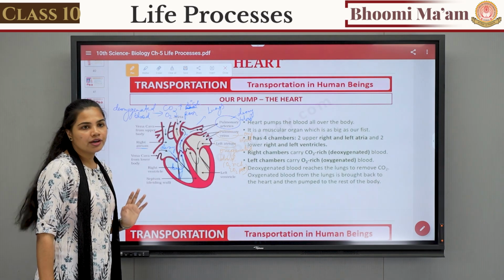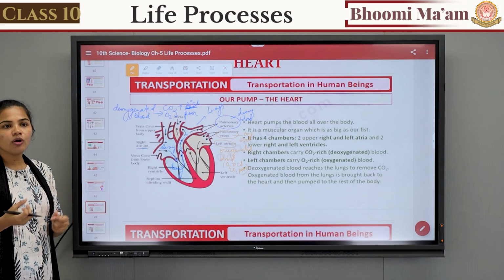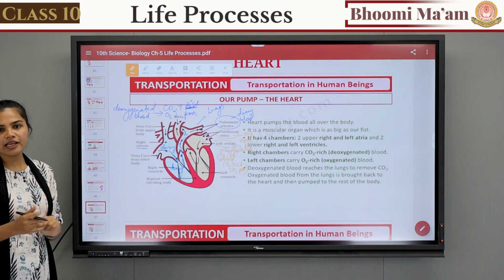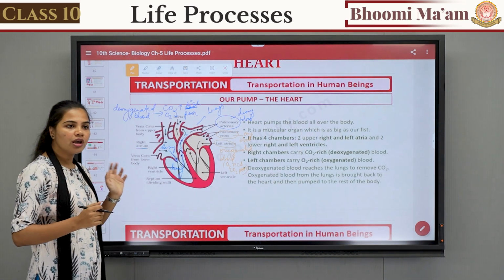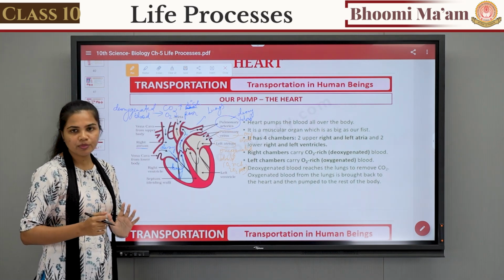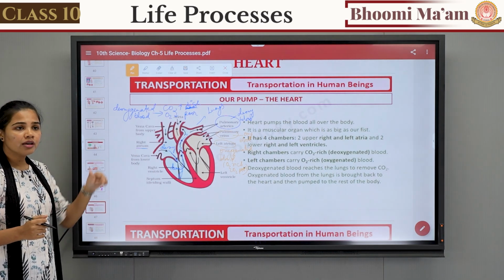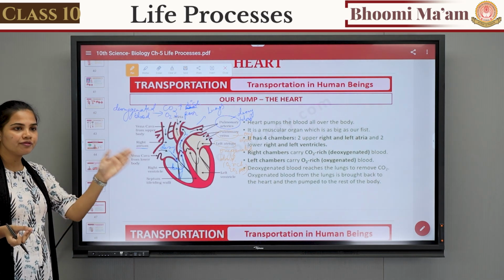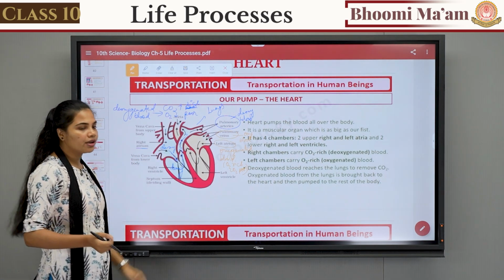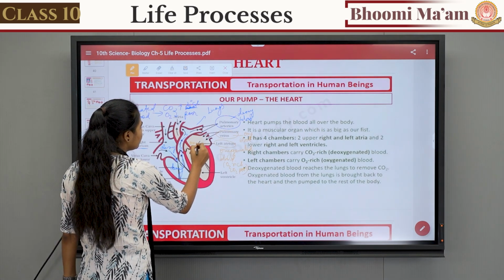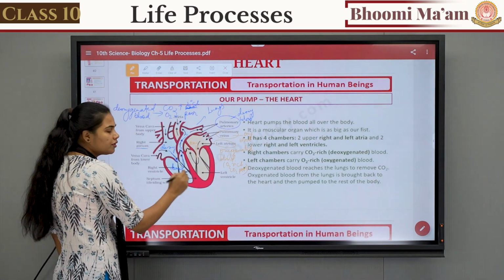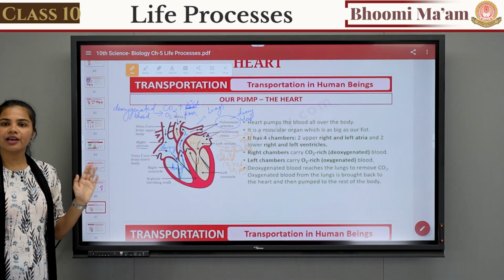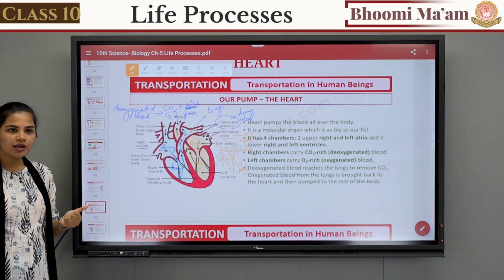So now this left atrium, when it collects the blood or receives the blood, at that time again it will be in relaxed position and it will receive the oxygenated blood, right? After that, the blood then comes down towards the lower chamber of the heart of the left side, that is left ventricle. So this oxygenated blood will enter towards the left ventricle. At that time, left ventricle will get relaxed. It will receive the blood, right?